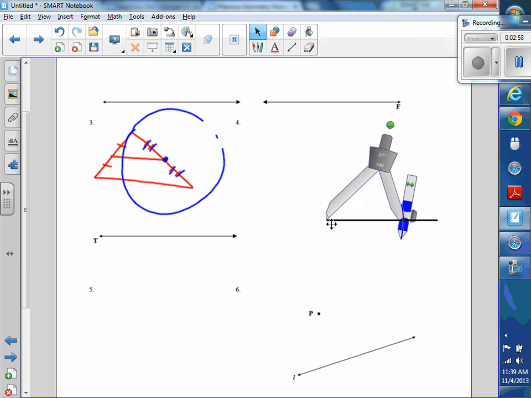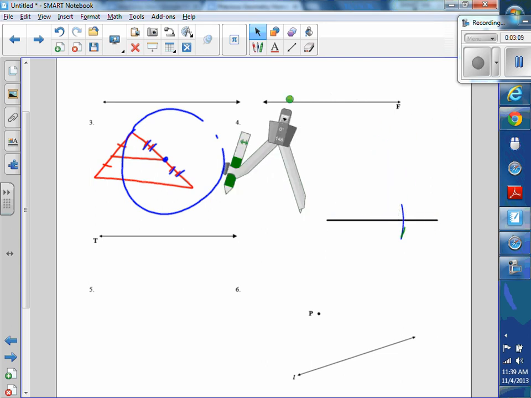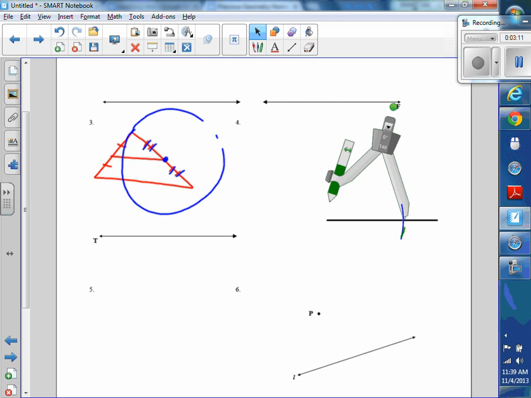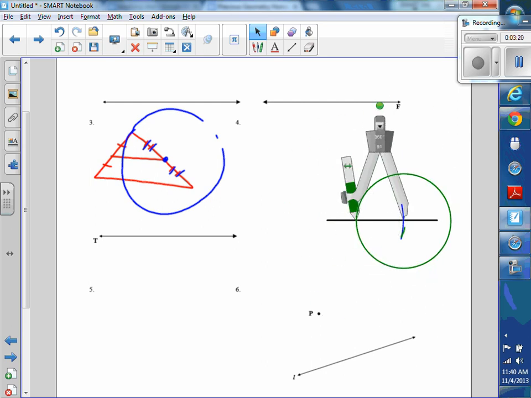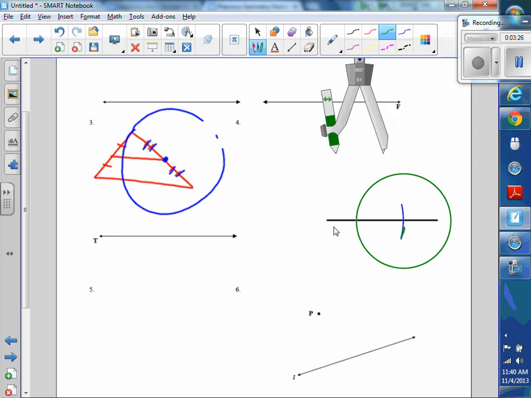Now I'm going to just take my compass and make a circle. And I'm going to do it on the other side first. I knew that was going to happen. All right, I'll move the compass. So I'm going to put my compass over here, and I'm just going to make a circle. And then, not a circle of life, but a circle. And then if you think about it over here, if I put my compass here and made a second circle,